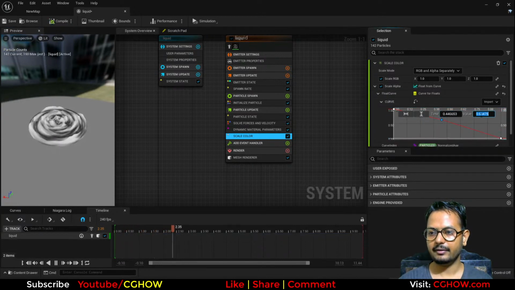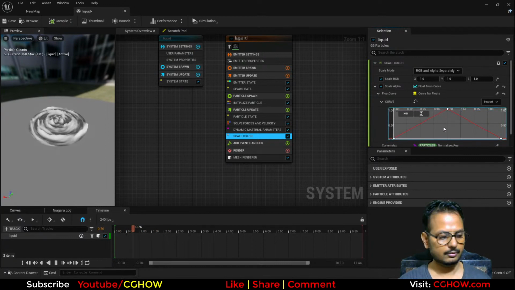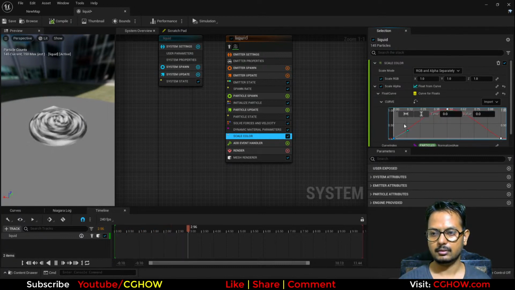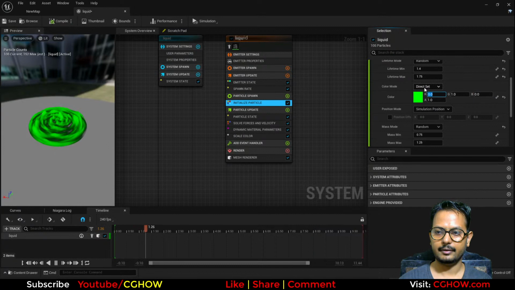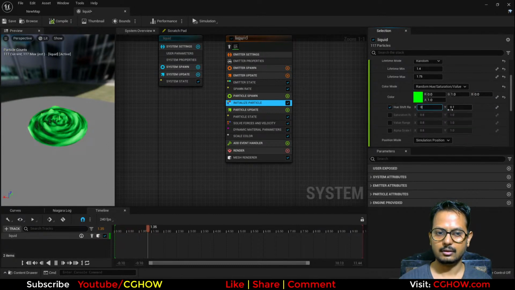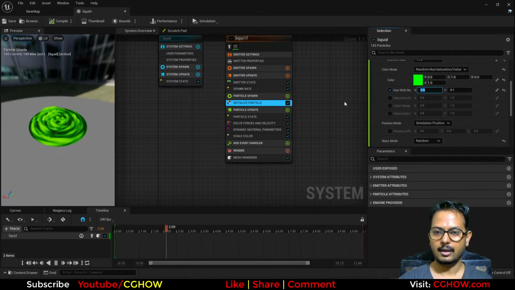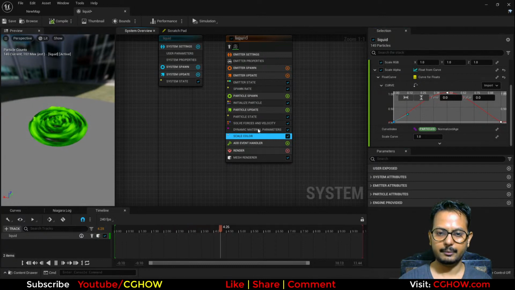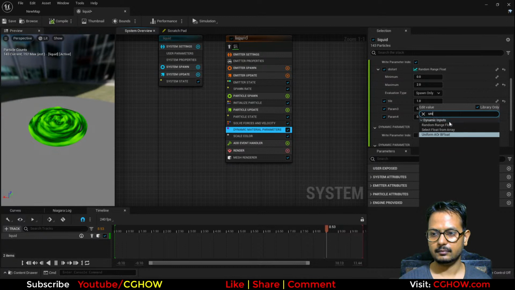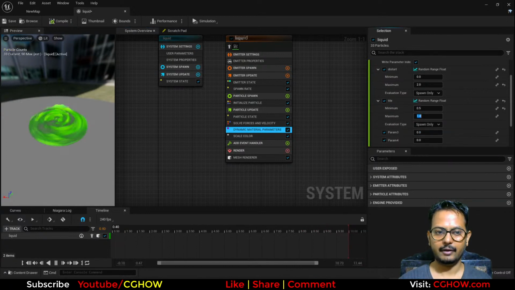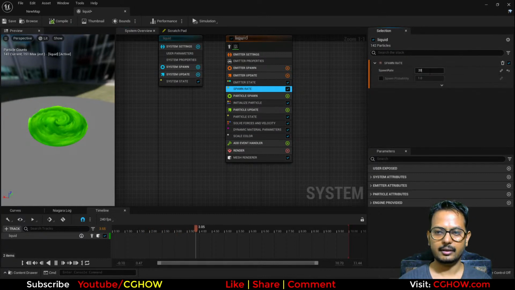At 0.5 it's 1, at 0 it's 0, and then I will make the color green and randomize this, and I will randomize tile also, 0.5 to 1.5, and this is like I need